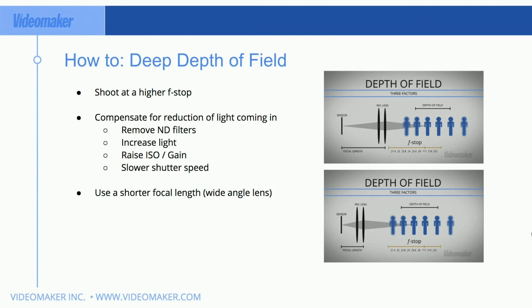Be careful there, of course, that there's going to be a place where you're choosing noise and light over a clean image. So don't raise the ISO so high that your image looks like garbage from the amount of noise in it. And a slower shutter speed. Although with a slower shutter speed, anything that you go below double the frame rate is going to start giving you streaks or motion blur. And that motion blur is going to come just like our eyes. When we move our hand really fast in front of our face, we see the motion blur before our hands. The higher the shutter speed, the more samples it's going to take of that hand, and it's not going to show that motion blur. So the lower your shutter speed, the more motion blur you're going to get.